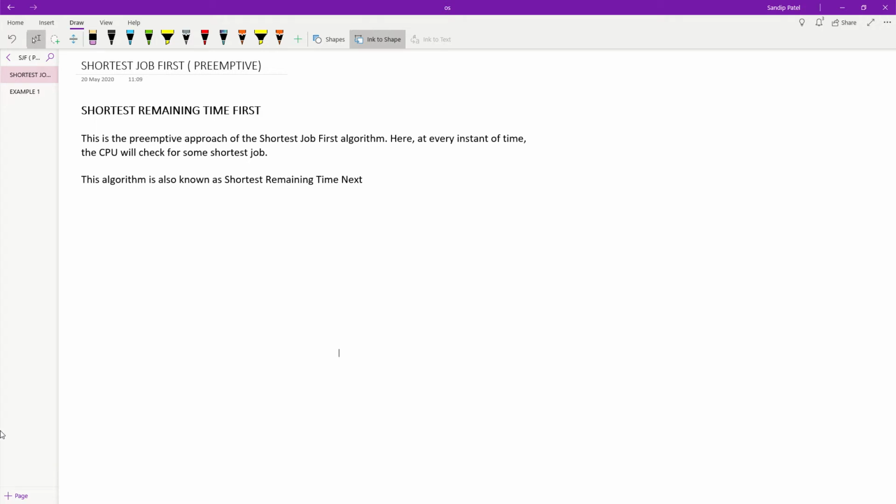It will be paused and swapped out from the CPU, and the process with less job timing will enter the CPU. So here the preemption is performed. That's a CPU preemption.